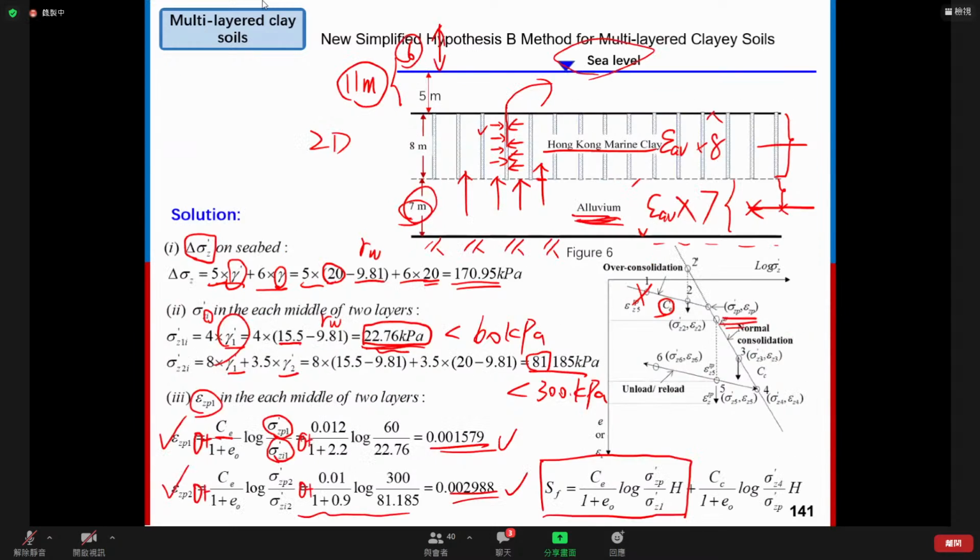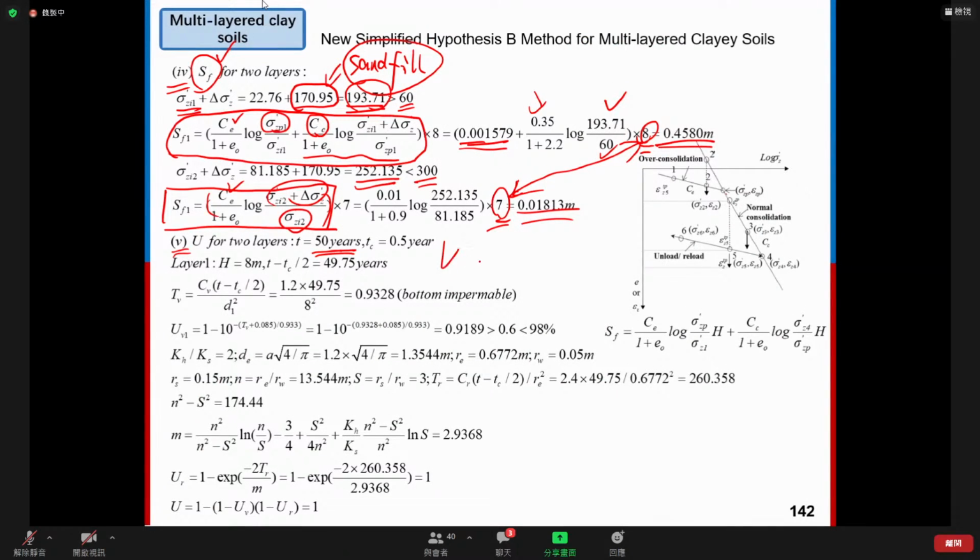To calculate U, we should know the TV, or TR if we have the vertical drain installed. Then how to calculate the TV and TR? We need to know the T. The T here actually is equal to 50 years, but we have a construction period, which is equal to 0.5 years. So the first thing we need to do is the correction of the